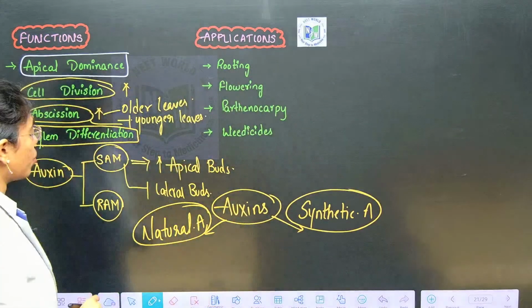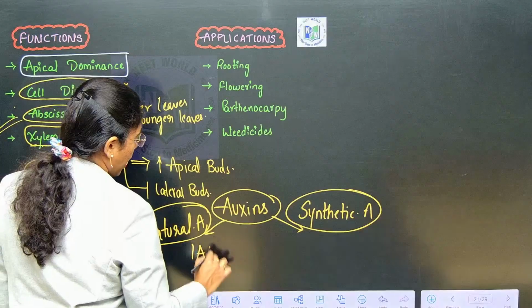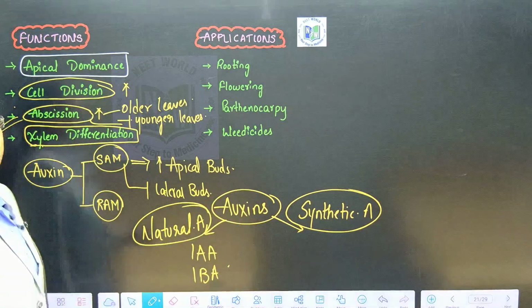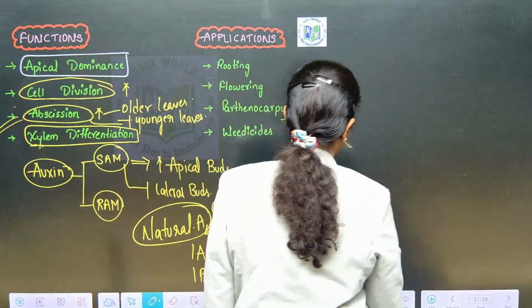Natural auxins include indole acetic acid and indole butyric acid. Fine, right? Synthetic auxins include naphthalene acetic acid